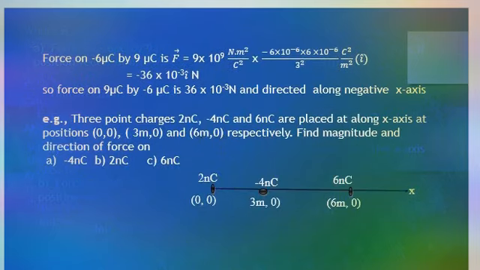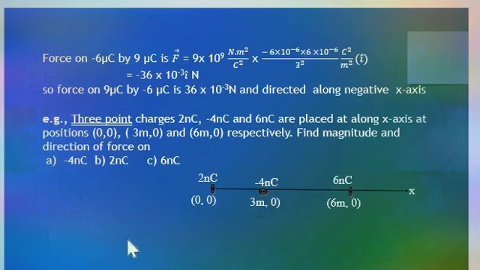Next we should consider another example where there are more than 2 point charges, that is, 3 point charges, and here we should consider what is the net force on minus 4 nanocoulomb. Now, as there are 2 other charges, each will apply a force on minus 4 nanocoulomb. The total force is calculated by the principle of superposition of force.